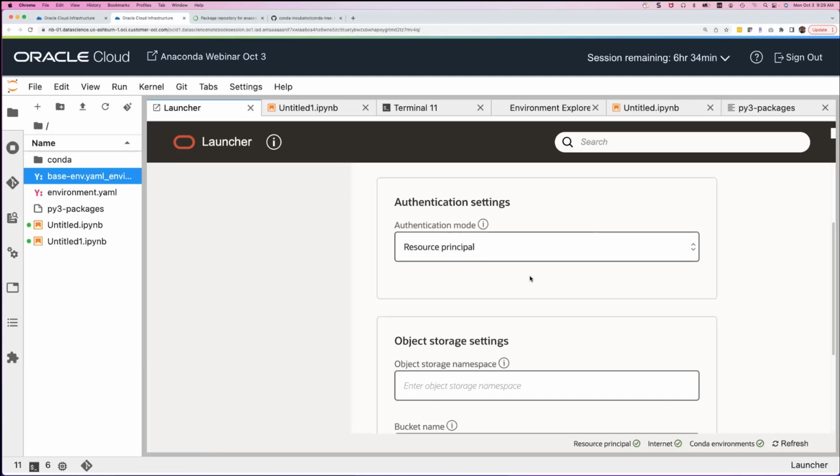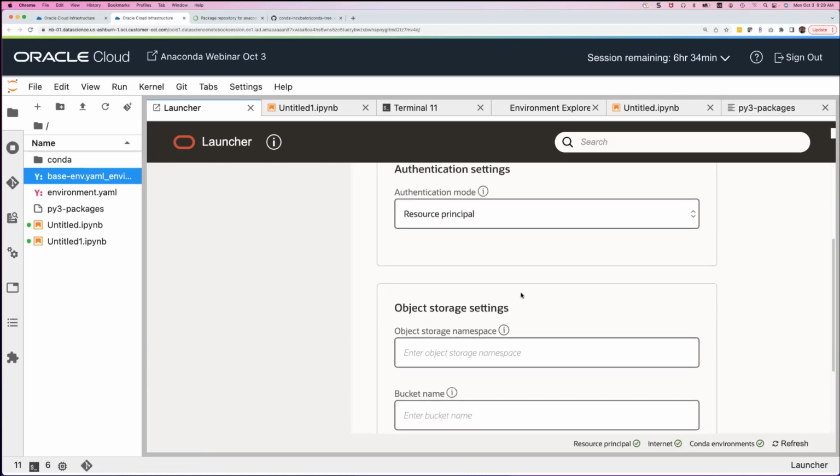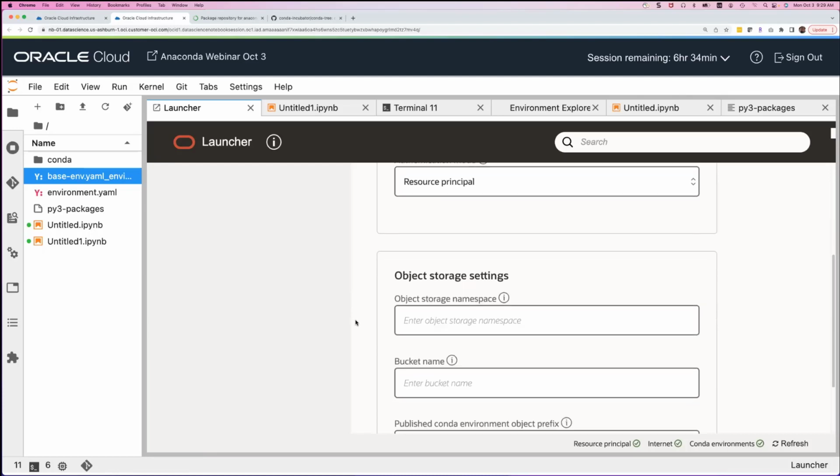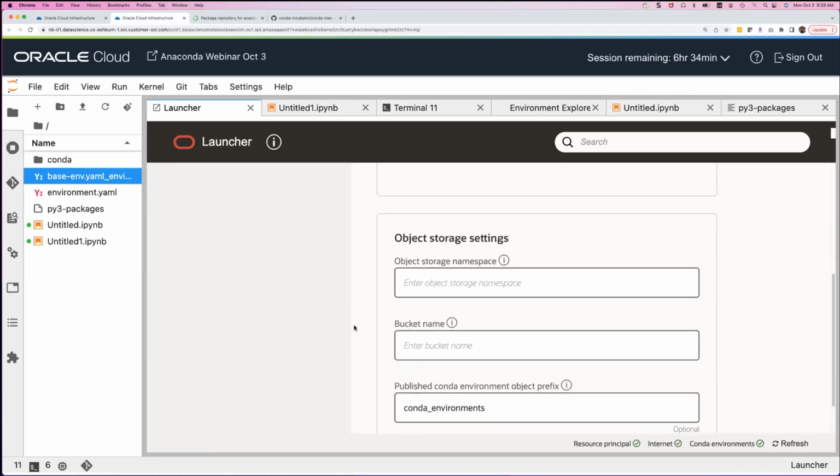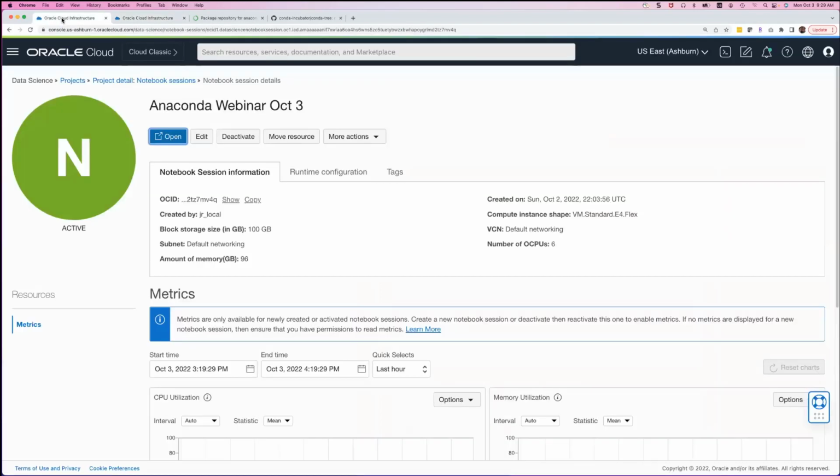The notebook session, or ODSC actually, will use that to authenticate to object storage and push that Conda environment to object storage. So really what you need to do here is specify which bucket you want to use and the namespace of your tenancy. So if I go back to my